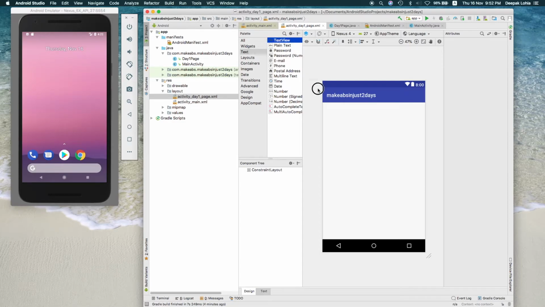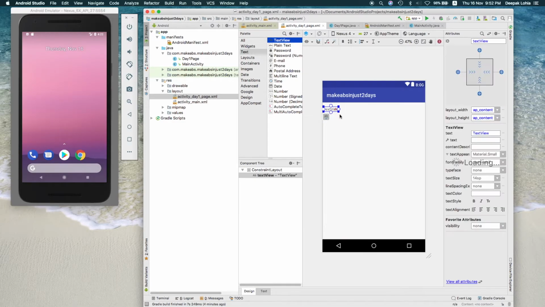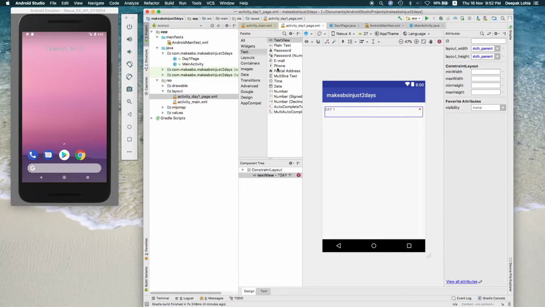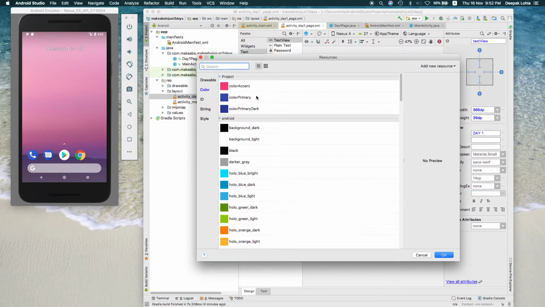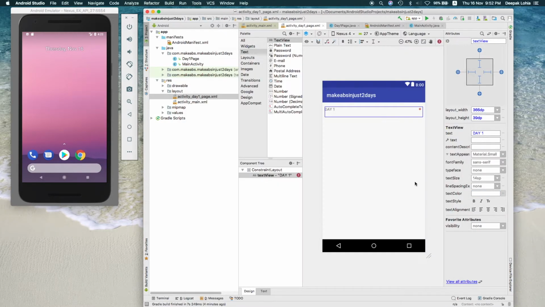Let me take text view, and I go to text over here, text view, and then write day 1, and then if you look over here, there is a text color. You can just double click on this one, or you click aside this one, and then you can have a color,